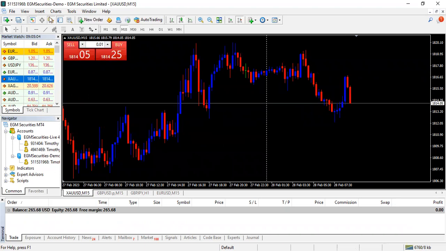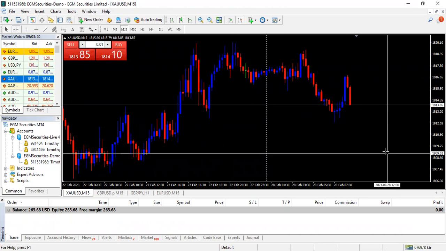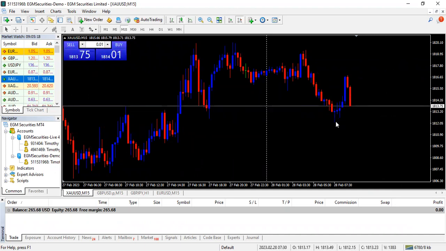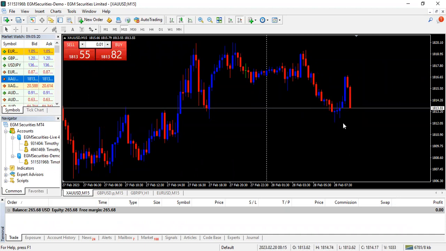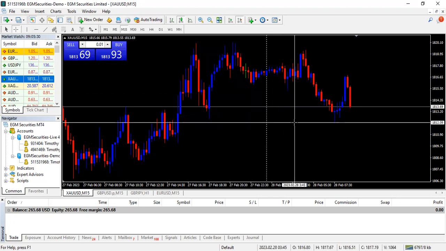Now, we talked about the pending orders. So when you want to put a pending order, let's say we want to put a buy limit. We assume, though I have not done the analysis, that when the market reaches here, it will buy. So we need to put a buy limit. We said a buy limit is put below the price. So what is the price? You take this crosshair, you can see where my cursor is, and you want to measure the price. You want to see the price here. So this is